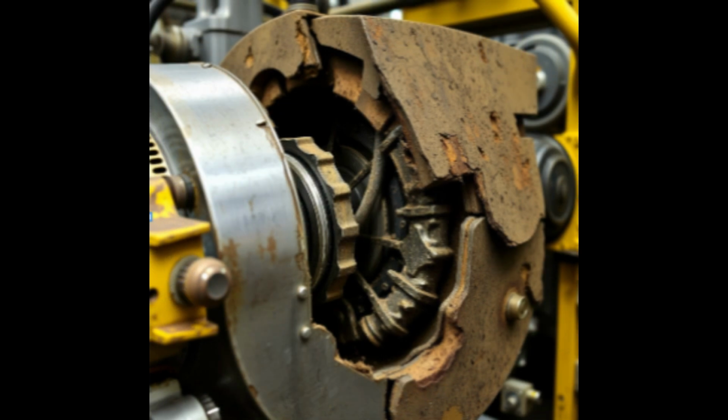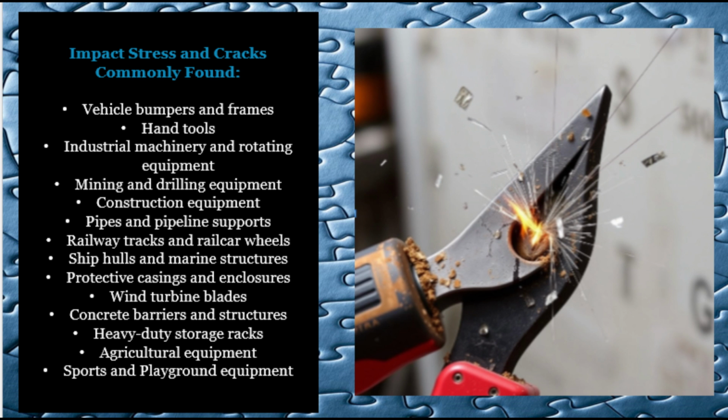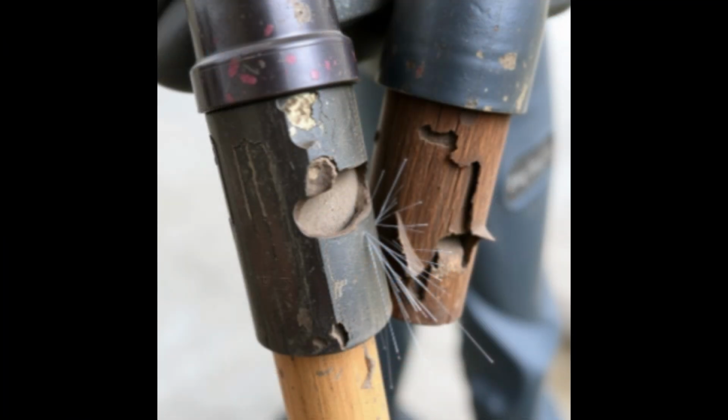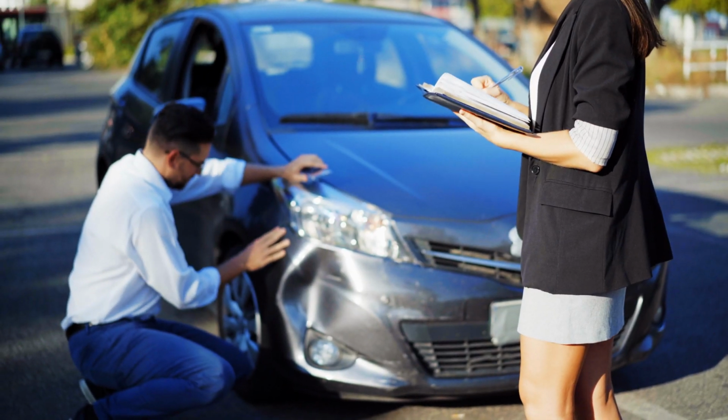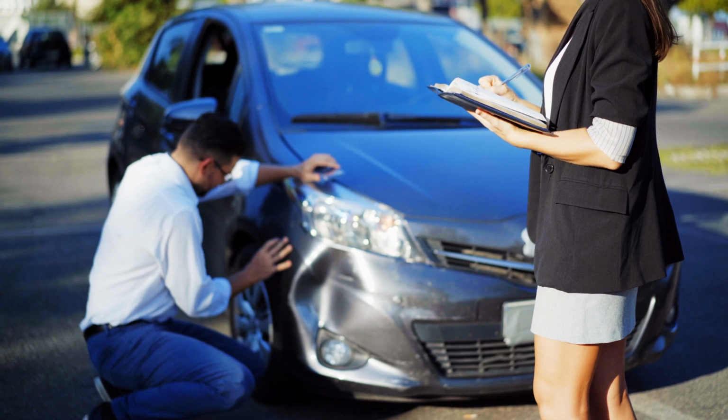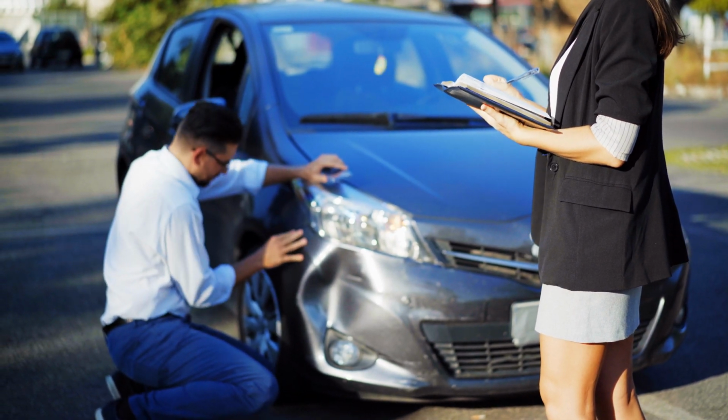In severe cases, the material may fracture completely, breaking into distinct sections. Common in equipment. Impact stress is common in tools, vehicle bumpers, structural beams, and machinery components. Hand tools, such as hammers and chisels, are designed to withstand impact but can still develop stress fractures over time with heavy use. Vehicle bumpers and crash structures are specifically built to absorb impact stress from collisions, helping to protect